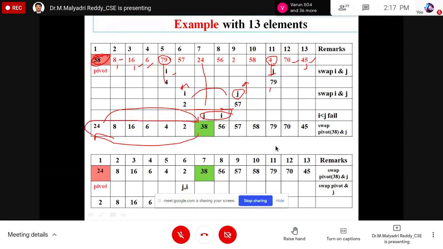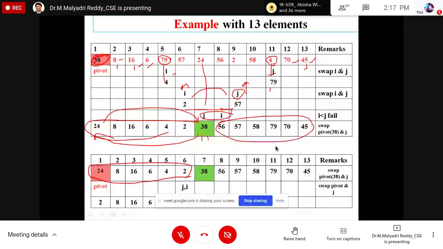This is one sub problem. This is one more sub problem. So the partitioning element, or pivot element, is already sorted. That will be kept in between the right sub array and left sub array. This is the first iteration of the fixer. So next, take this as a sub problem, the sub problem of the given array.